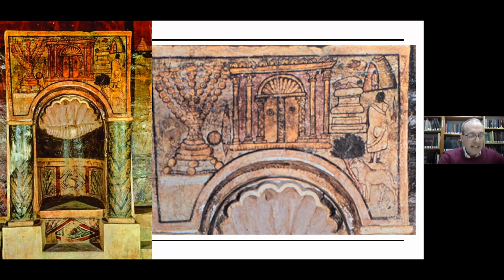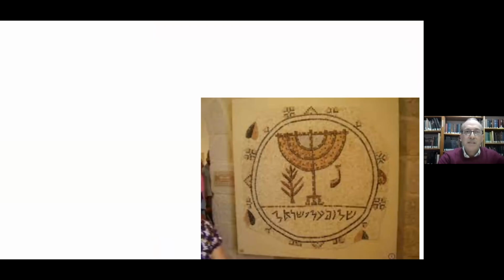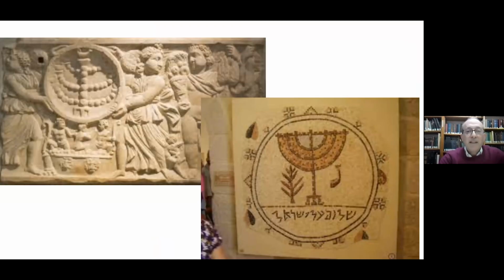Between the 4th and 7th centuries, what is known as late antiquity, we see the menorah depicted on a number of ritual items. Here on the left side, you're looking at a sarcophagus. The menorah appears on many, many sarcophagi that come to us from the Greco-Roman period. And in addition, you see it in mosaics as well. The mosaic that you see on the right side comes to us from the mosaic floor of a Beit Knesset, a synagogue in Jericho, a very, very famous Beit Knesset, right?